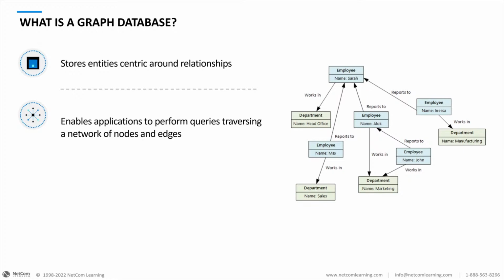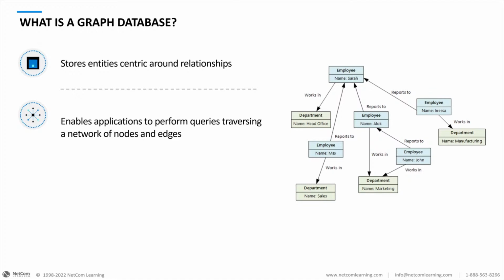So the graph database stores entities and information around relationships. It's sort of like a relational database, but it uses three entities that have some sort of relationship to each other. With this type of information, we've got a database that stores two types of information: